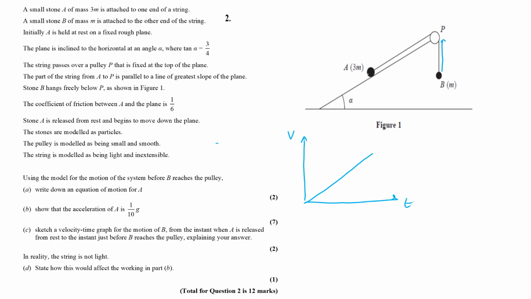Now think about it, if that's accelerating at 1 over 10g, let's write that like that. That acceleration is constant, every second it's accelerating the same. So acceleration is constant,